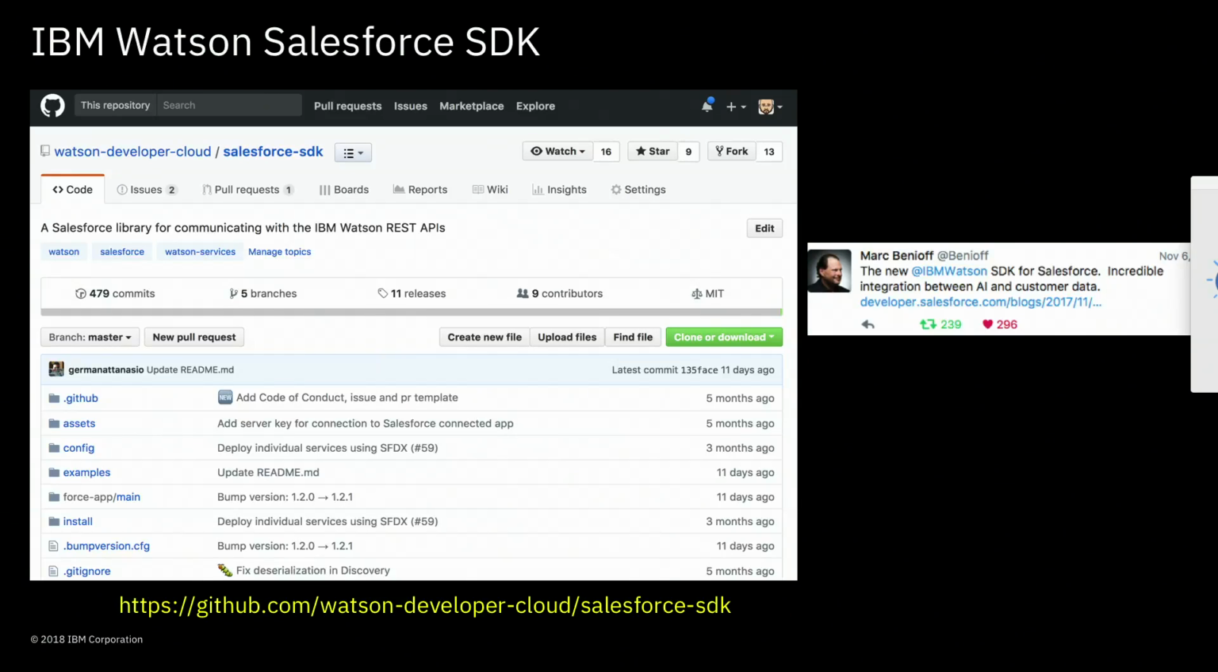So the first thing I want to dive in before I show you the cloud is our Watson Salesforce SDK. So what exactly is this? We deployed this. We went live with it back in November at Dreamforce is when we announced it. It currently supports all 10 of our Watson services that are API accessible, so a lot of the services I just mentioned. And this is a tool for developers to use that helps you integrate Watson into your Salesforce apps more quickly and